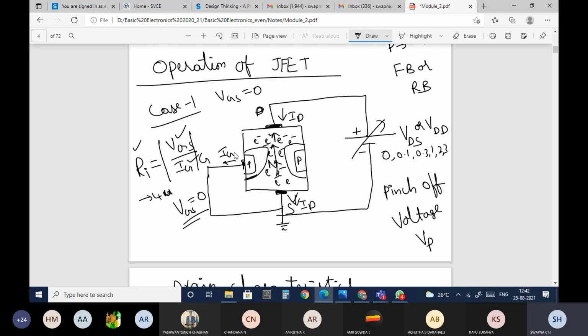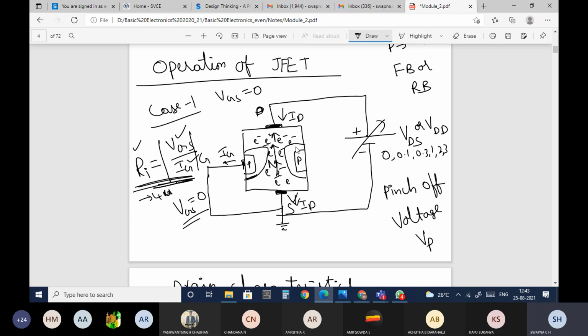Generally it will be in nano amperes. That is the reason Ri will be very high. Ri is nothing but the input impedance or input resistance. That is the advantage of the JFET here.